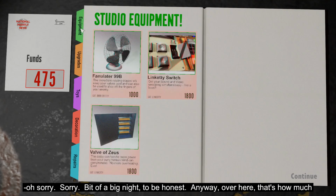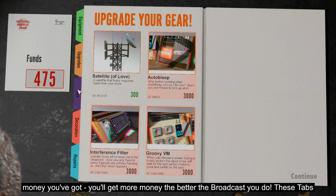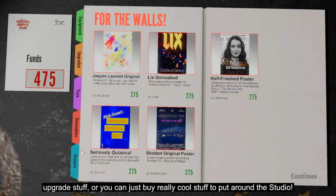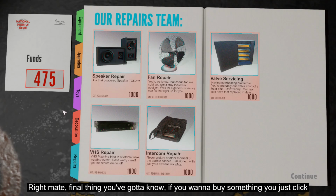Anyway, over here, that's how much money you've got. You'll get more money the better the broadcast you do. These tabs take you to the bits and pieces and sections of the store. You can fix stuff, you can upgrade stuff, or you can just buy really cool stuff to put around the studio. Right, mate, and the final thing you've got to know, if you want to buy something, you just click